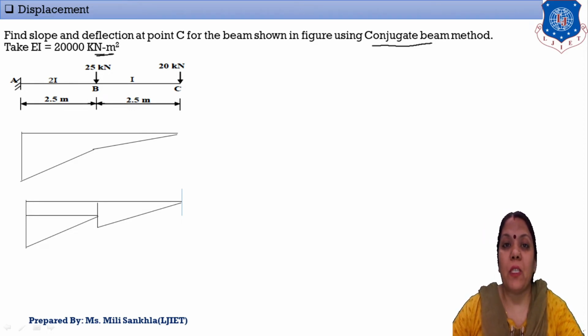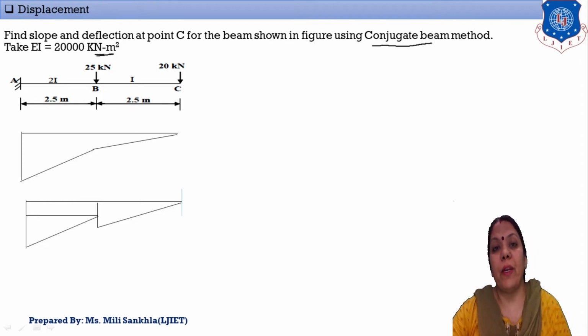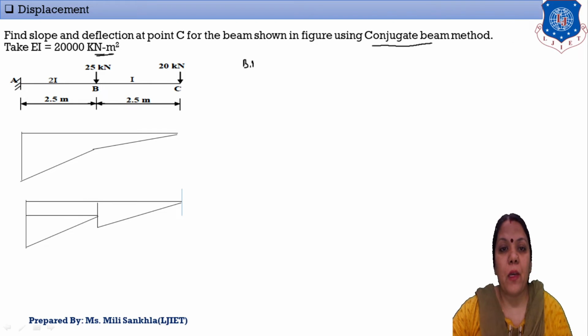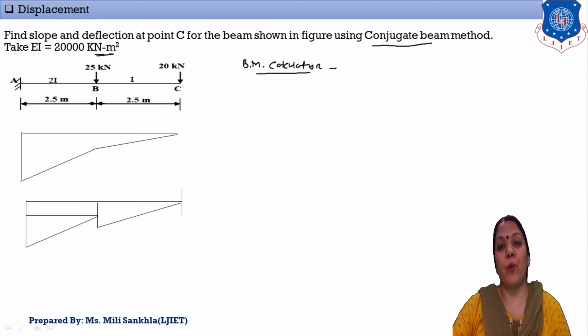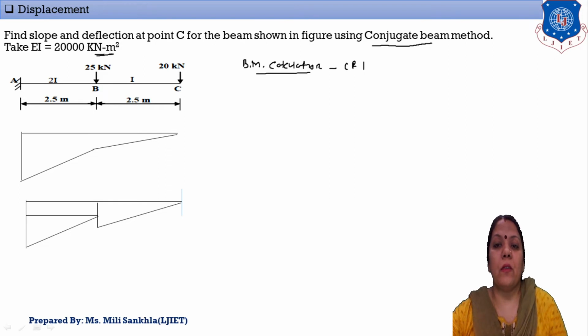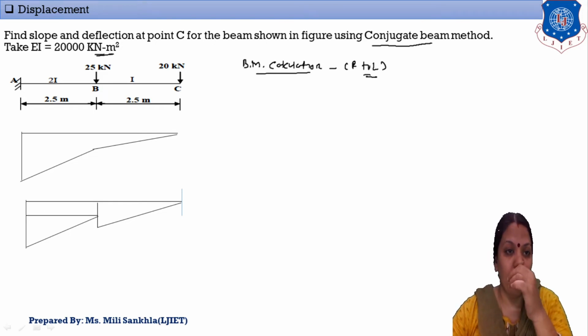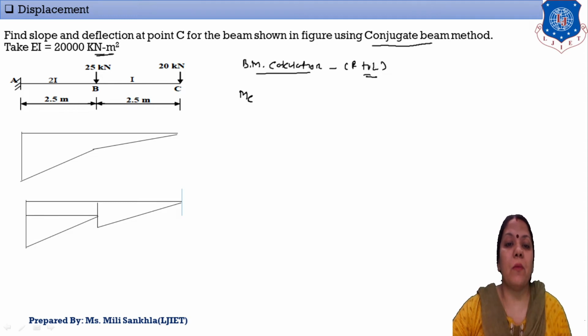This cantilever beam is subjected to two point loads, and the moment of inertia is 2I in the AB portion and I in the BC portion. Now first of all, we find out the bending moment. So mention, first step is bending moment calculation. Only point loads are given, so we find the moment of point loads, and we consider right to left. First point is MC, second point is MB, and third point is MA. Moment at C: the point load is given at that point, which means moment at C is equal to 0, no moment is induced.